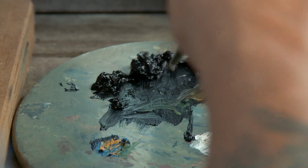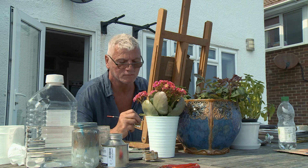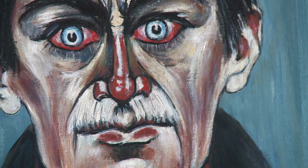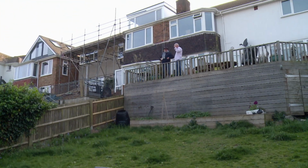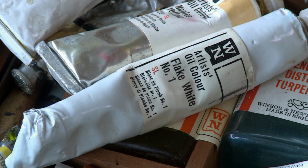This loophole allowed David to sell hundreds, if not thousands, of paintings with no legal comeback. I've done so many Lowrys, it didn't take very long, about a day and a half. I had a roaring trade for 5 years. Billy made a career out of faking lesser-known artists. I used to be a professional art forger and have been for 43 years, until I was brought to book